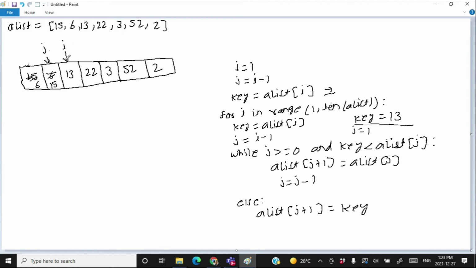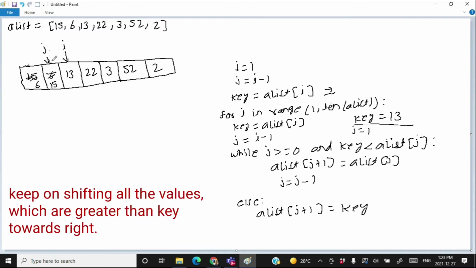Before we understand the next iteration, let's understand the whole philosophy. The whole philosophy here is set the value of I anywhere on this list based on the outer loop. Okay, take the value corresponding to I in the variable key and keep on shifting all the values which are less than I towards right.